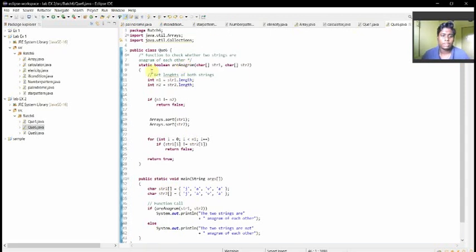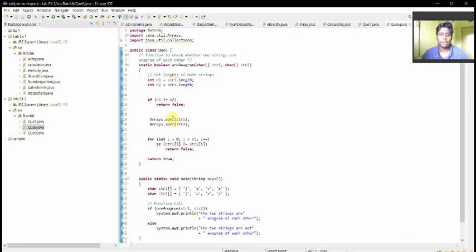Here I gave static boolean areAnagrams with char[] string1 and char[] string2. Now I'm giving int n1 equal to string1.length and int n2 equal to string2.length. And now the if condition is n1 not equal to n2, then return false. Now going to the array, I am importing Arrays and the collections.